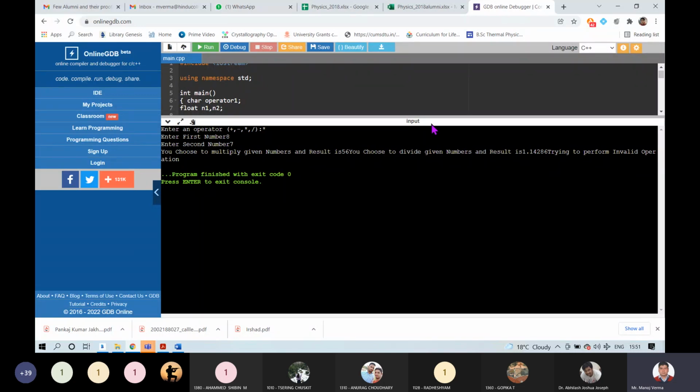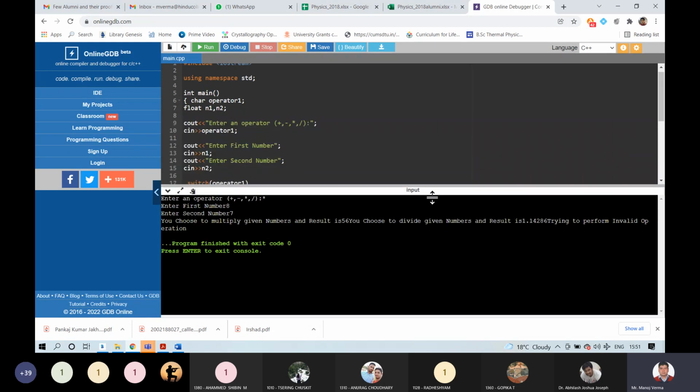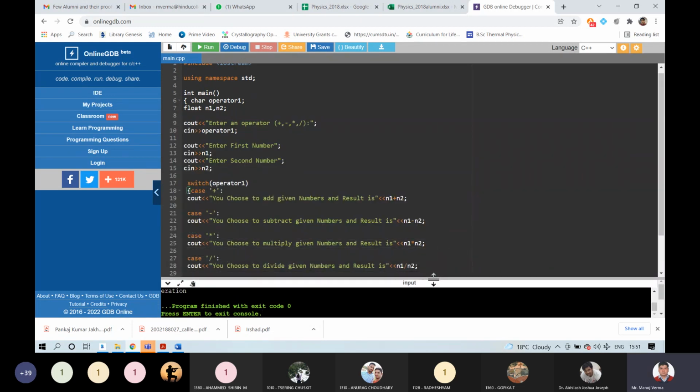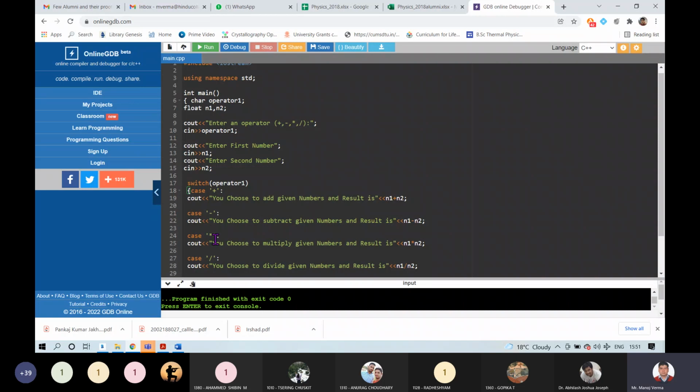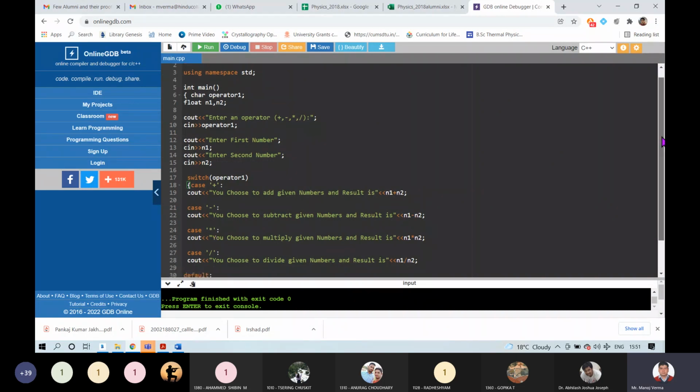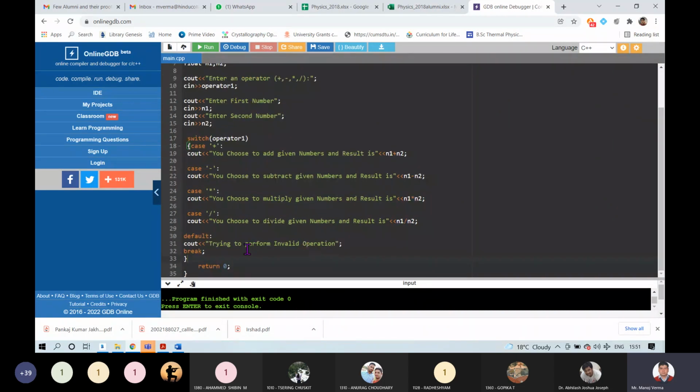So can you tell me what is happening in this code? It is actually going to multiply. After this, it is also going to divide, and it is also going to try to perform an invalid operation. Because, see, as soon as this switch encounters an operator, it will direct the compiler to a particular case.